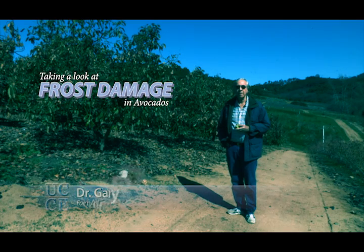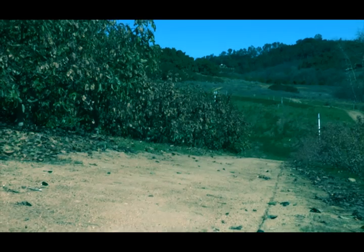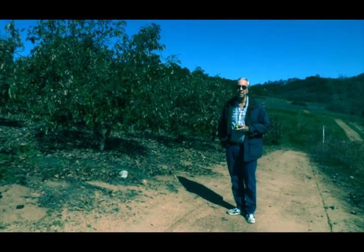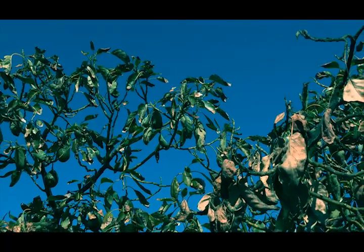We are here at a grove in Temecula that was hit by a frost about a month ago, and they had 4 nights of frost, probably in about the mid-20s. And this is a Hass avocado grove, and they're very susceptible to frost if it gets anything below 29 degrees for 4 hours. So what you can see in the background is a lot of dead foliage, and we're going